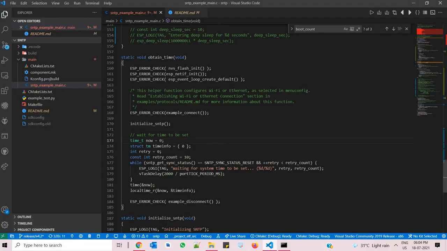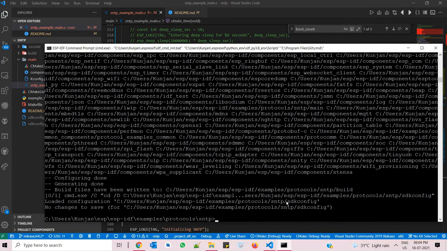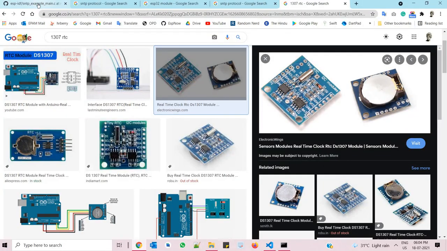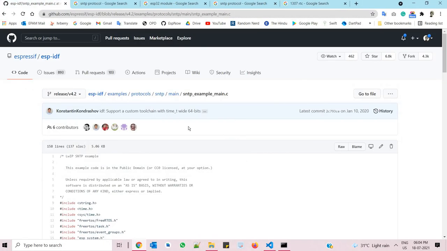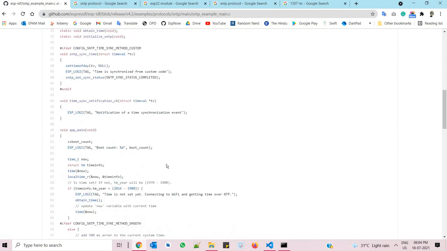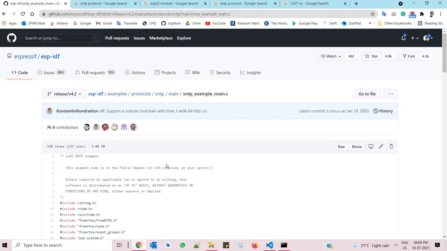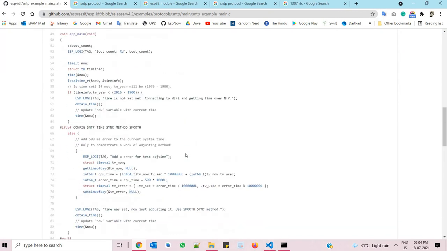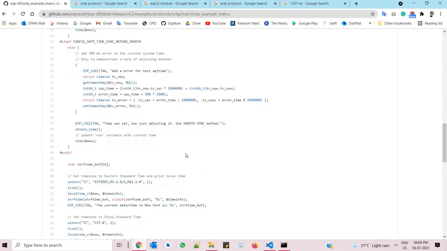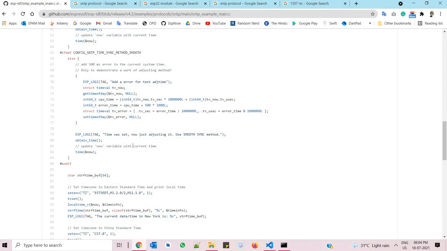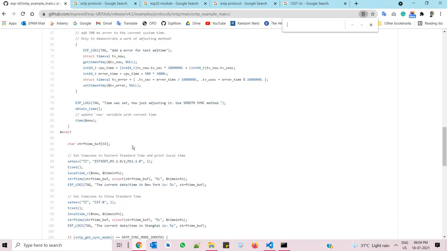This is my Visual Studio Code. First of all, let me give you the repository name. This is the repository name, protocol SNTP. Here you will find the real code base of the SNTP protocol, but as per my need I customized this code, and this customized code I will explain to you. Why did I customize it? Because in this code they have used a deep sleep mode.